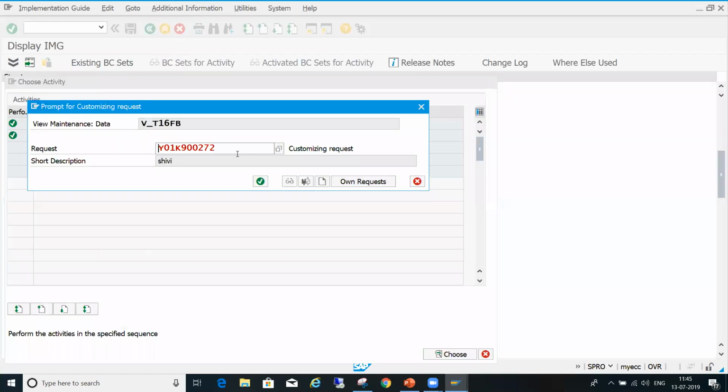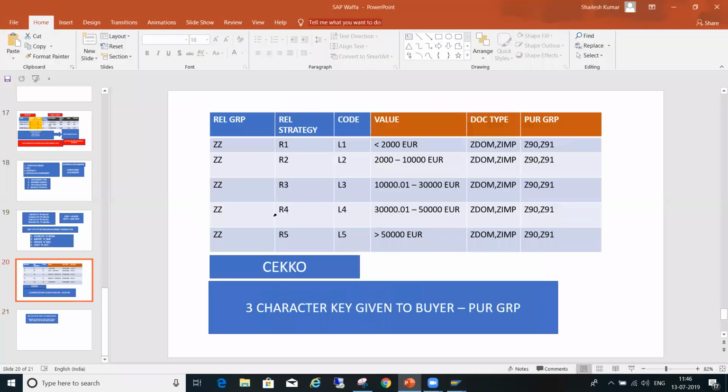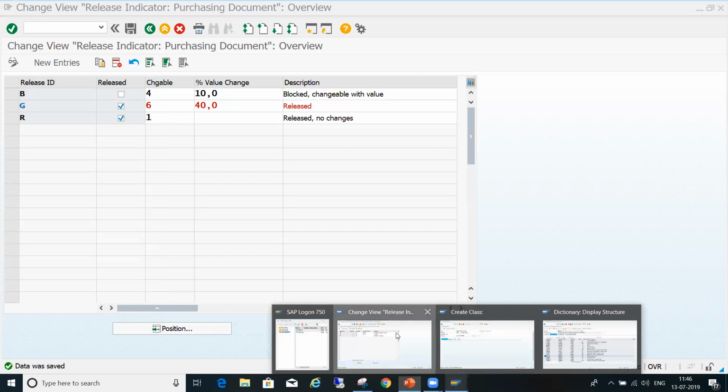Save this one. Now we can create many indicators like this. Say for example, I will now create for 5 levels. Whenever this person releases, we can give the indicator like released by level 1. That also we can give.